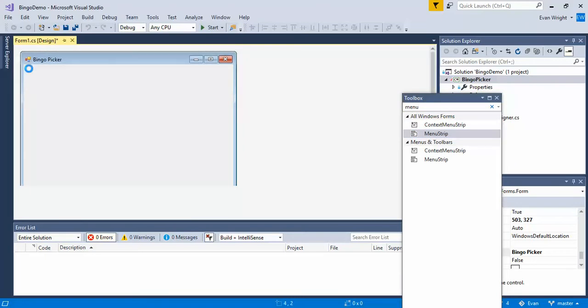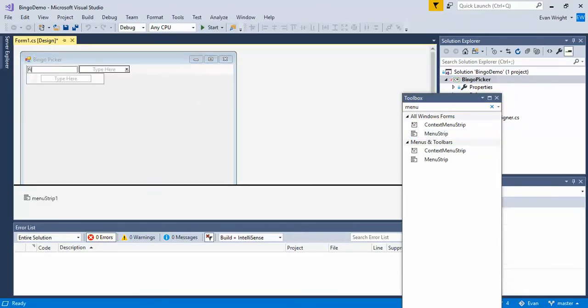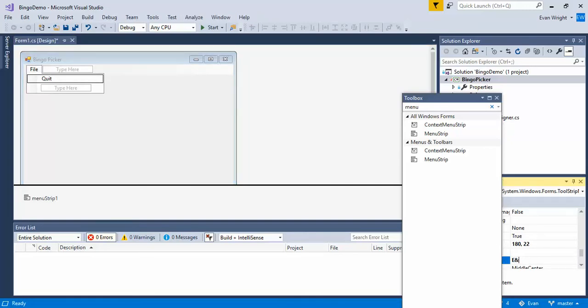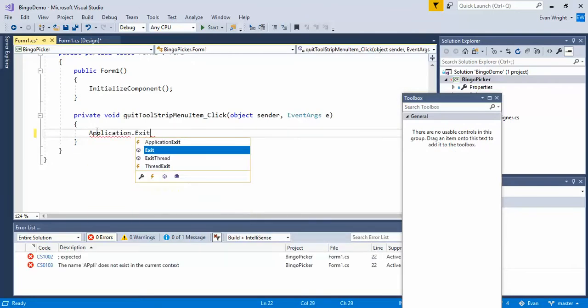and let's put a file menu, and how about just a quit option there? File quit, or why quit? It should be exit. We've had exit every other time. All right, there we go. And then let's double click on that, and Application.Exit. There we go. All right, so now we've got our little